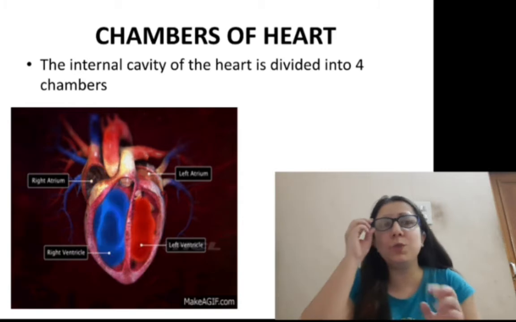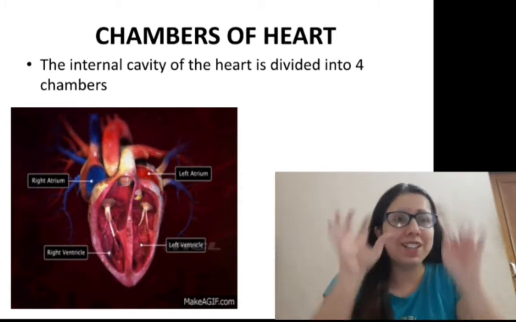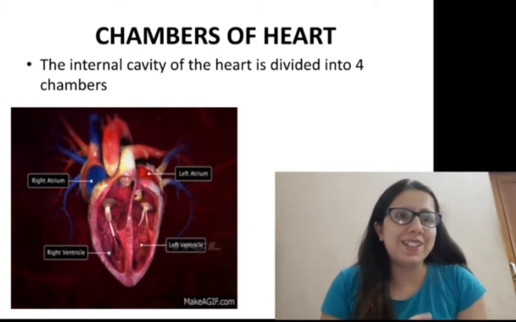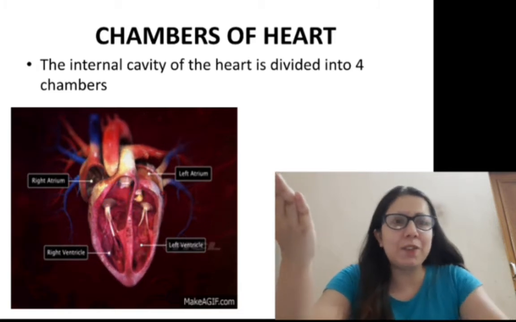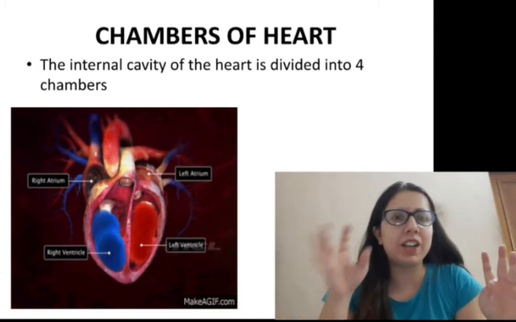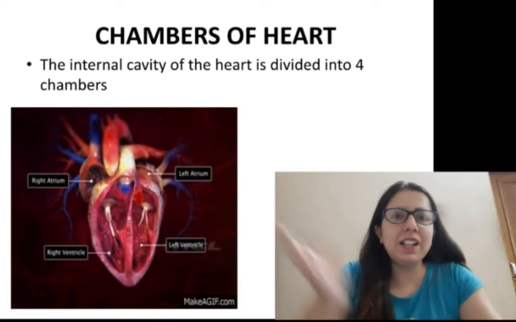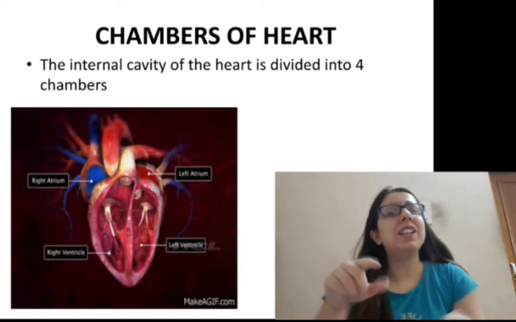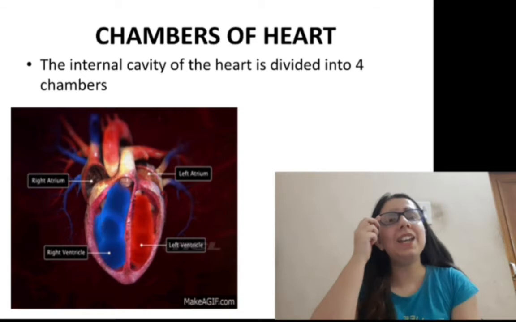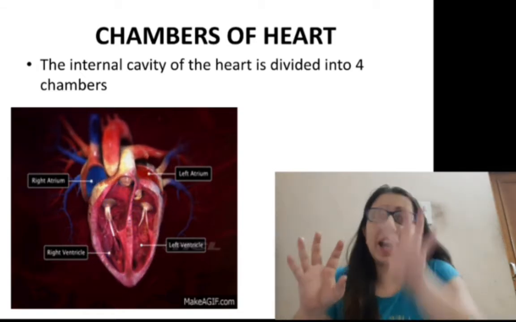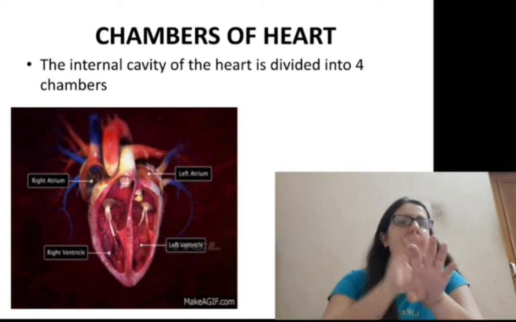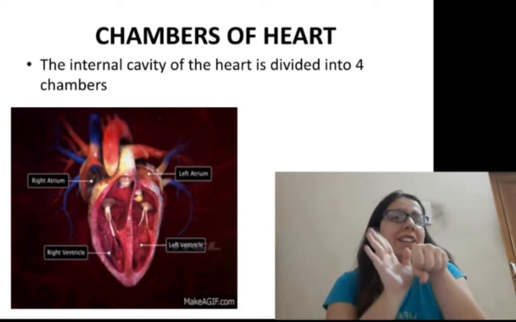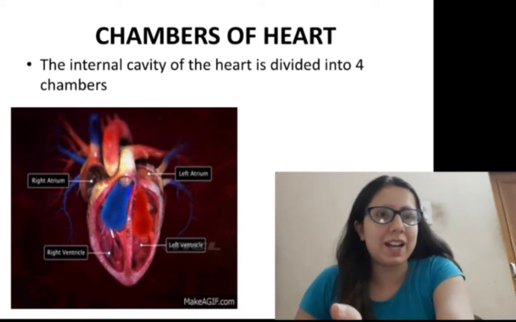In the previous classes we used to make 4 boxes, right? But in the real sense the heart is a very dramatic diagram, you can say. So this is the right auricle, this is the left atrium or auricle. Atrium and auricle are the same thing, right? Right auricle, left auricle, right ventricle and left ventricle. Remember that it will be according to the diagram only, with the right portion here and then the left portion.